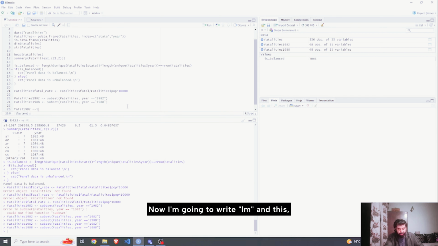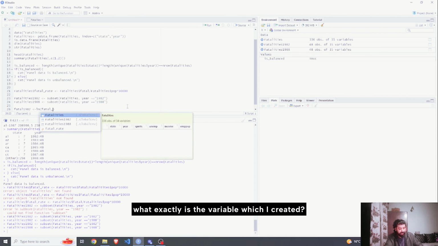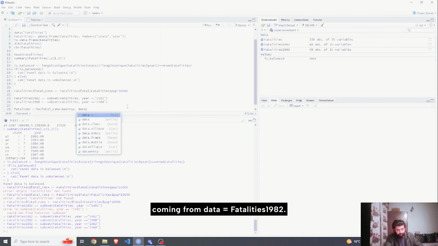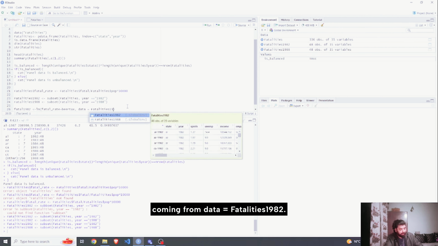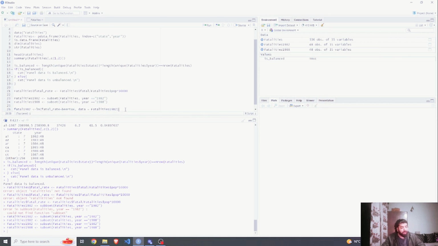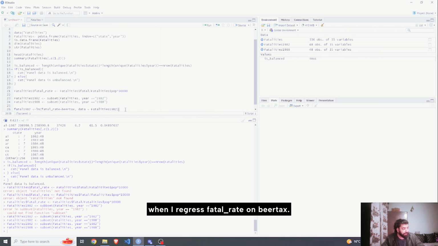Now I'm going to write lm, and this is the variable which I created, and I'm going to run it on beertax, and I'll say this all is coming from data equal fatalities1982. So basically fatal1982 will have the simple linear regression result for me when I regress fatal rate